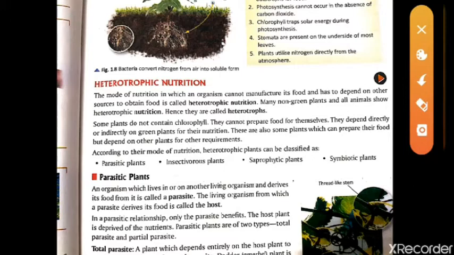Here we are reading about the plants, so we will talk about plants, not about the animals. For the examples I will give you examples of animals, but according to your book we have to see the plants part. An organism which lives on another organism and derives its food from it is called parasitic. That means, see what I told you, the example of two friends. If there are two friends and somebody is getting a loss and somebody is getting a profit,